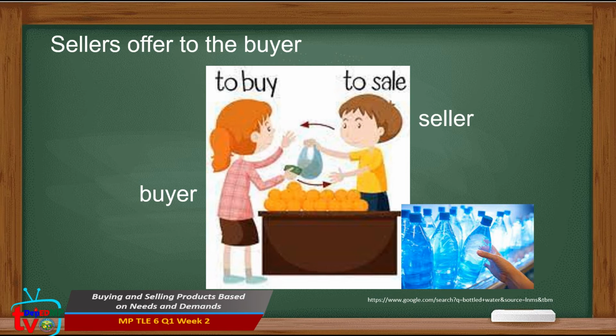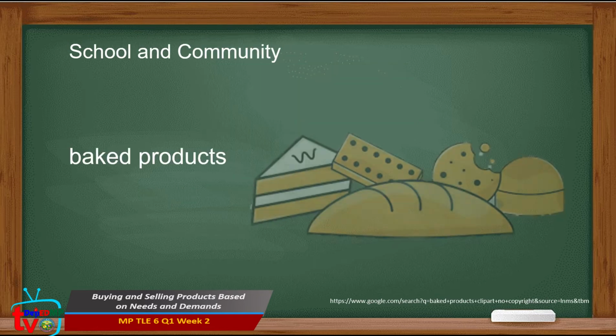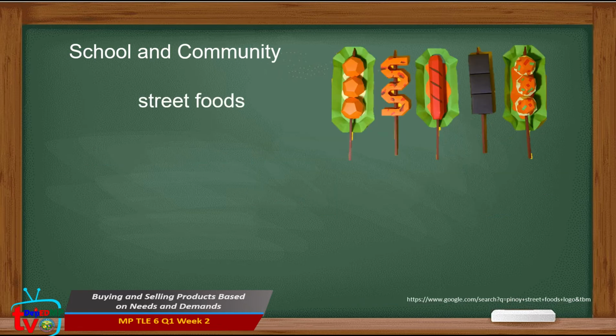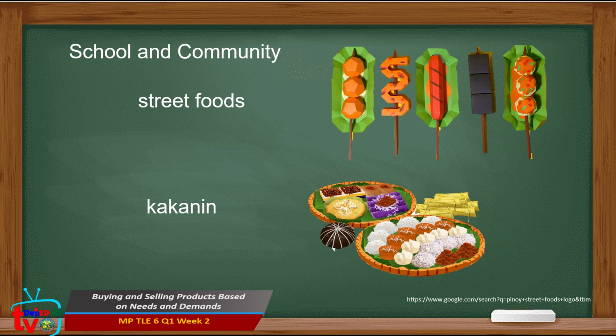In the school and in the community, sellers can offer products based on existing needs and demands such as bottled water and fruits. One of the most in demand in school and in the community that can provide solution to the need. Baked products such as pandesal, ensaimada, bread loaf, and other pastries are equally sellable. Street foods like fish balls, siomai, assorted kakanin like puto, bibingka, kutsinta, and others can be sold the whole day and are offered at a lower price.